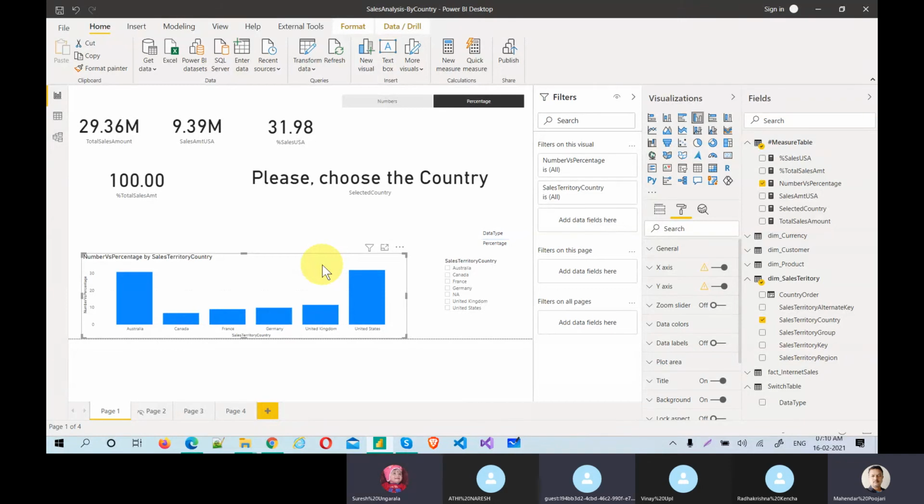Can't this functionality be achieved through edit interactions? Whatever you coded here for numbers and percentage, like we showed during bookmarks. I didn't understand your requirement, can you please come again? Here you have shown this functionality of showing the number or percentage by coding.